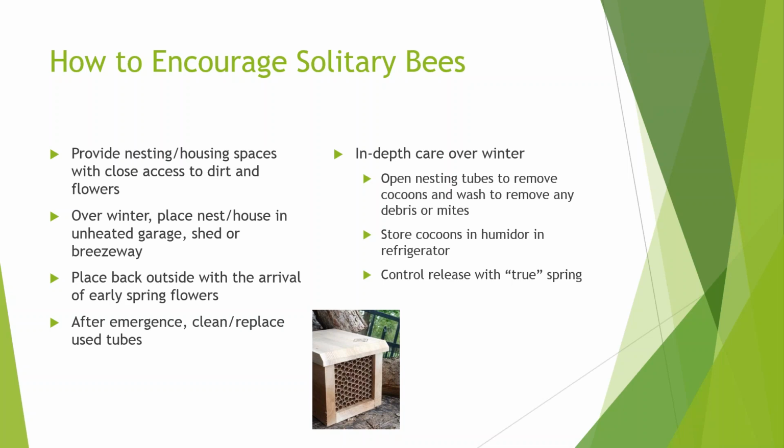So then we place them back outside with the arrival of the early spring flowers like the crocus. And then it is very important, because of the mites, after emergence to clean or replace the used tubes in a house. The bees will travel about 300 feet for pollen. So as long as you're providing homes within an area where they can reach flowers within 300 feet, they will